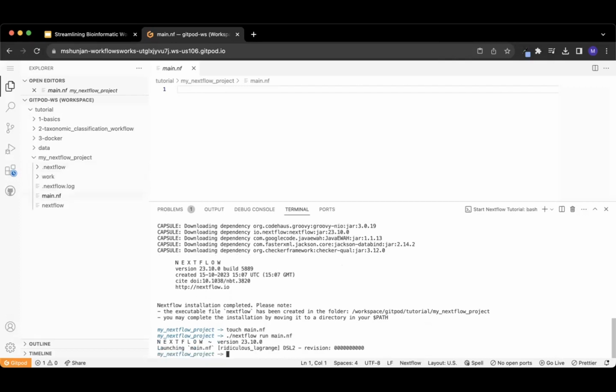We'll get some information about the Nextflow version, and it'll try launching it. Of course, this is an empty file, as you can see here, so nothing will happen. But we did get an output, so we know Nextflow was successfully installed and it is running. So now that we have some understanding of how to set up and install Nextflow, let's actually proceed with creating